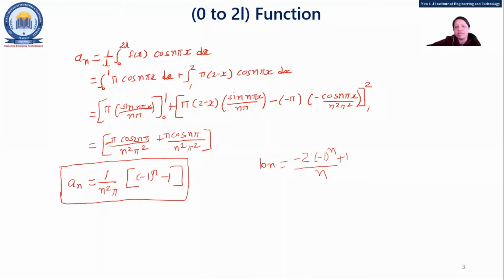See, if you are considering the interval minus pi to pi, you are not going the odd-even way, so you just go the simple way, as we go for the normal sum. What happens if we apply odd-even? Then we consider 0 to 2L, like 0 to 2 pi. So you are not going that way. Just apply whatever the basic Fourier equation is, calculate over minus pi to pi, and cross check your answer. So it will work.